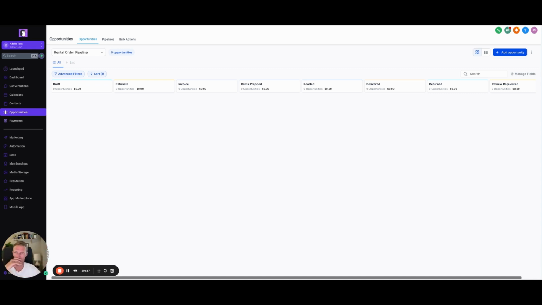And really where this gets super fun and useful for your company is that you can create and trigger automations off of the pipeline status changes to these opportunities. So for example, if an order that you put in goes from the draft stage to the estimate stage, you could trigger an automation that would send that customer maybe a text message a couple days later. If it hasn't moved to the invoice stage after 3 days, we could text them a message saying,